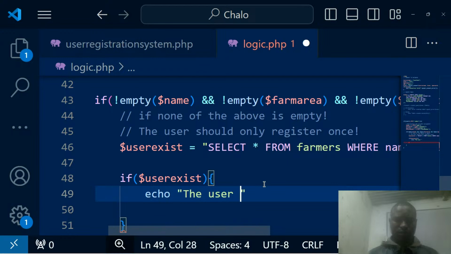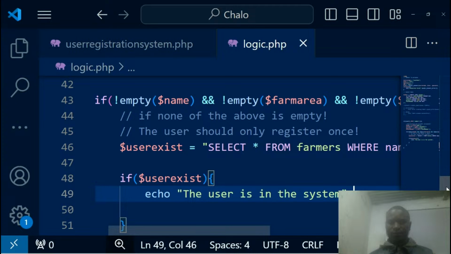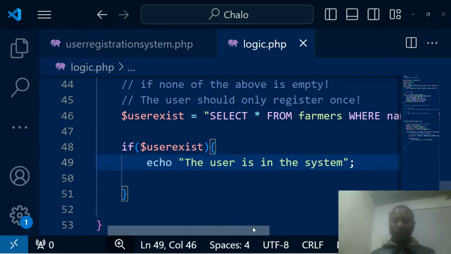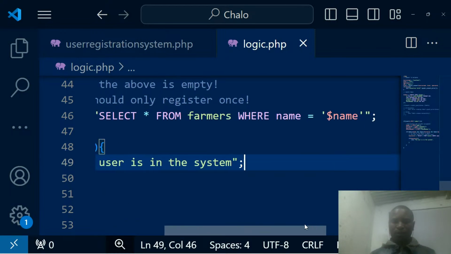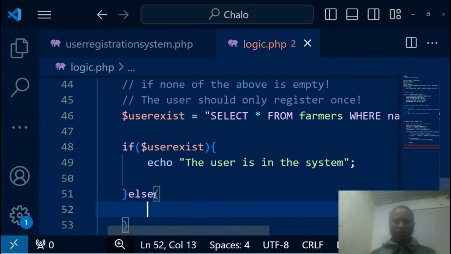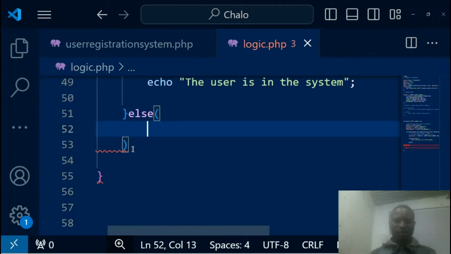So the user is in the system. So I'm going to check if, now there is a way that I need to check against this. So if select everything, and then if I say, okay, let me just pull this thing. Else, if we don't have anything there,